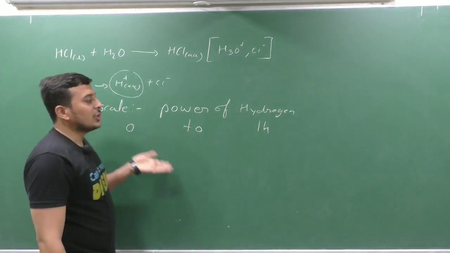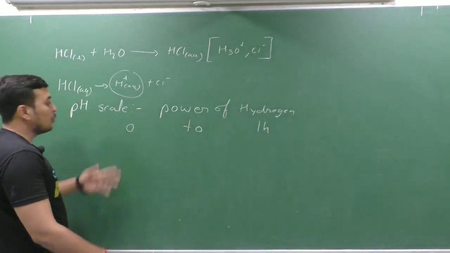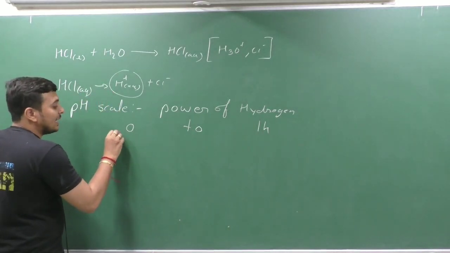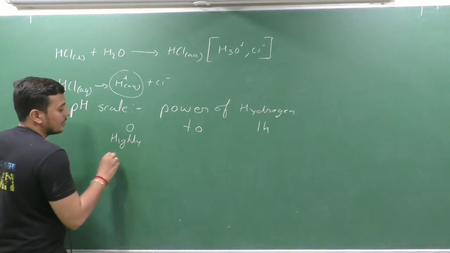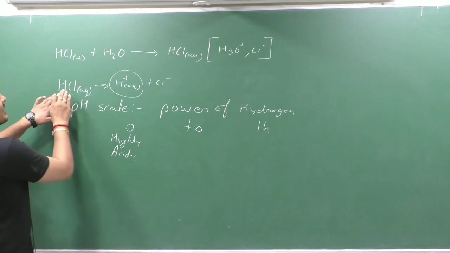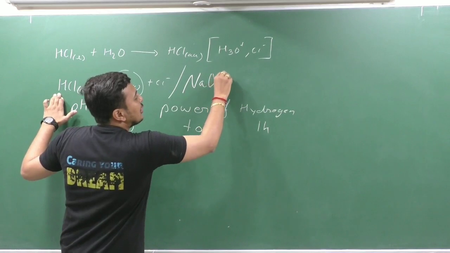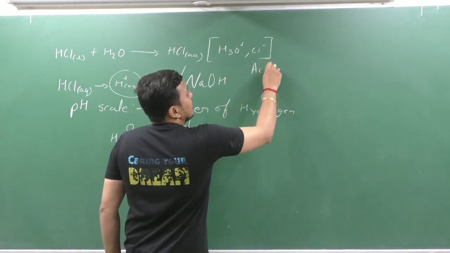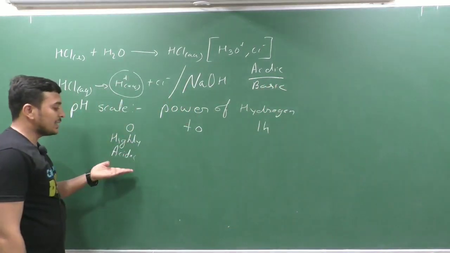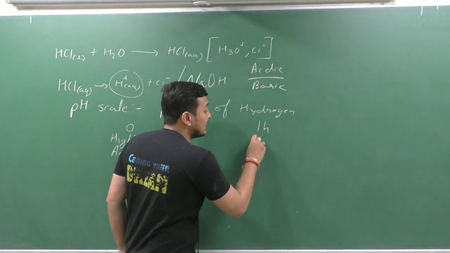Obviously it is a scale, so it will be measuring from 0 to something. There will be a measurement on the scale. Clear? So now pH scale measures from 0 to 14. If the solution is 0, then it is highly acidic. It is not about only measuring the amount of HCl. We can also measure the amount of NaOH. It means it can be used for acidic as well as basic solution. If the pH scale shows 0, then it is highly acidic. If it shows 14, then it is highly basic.